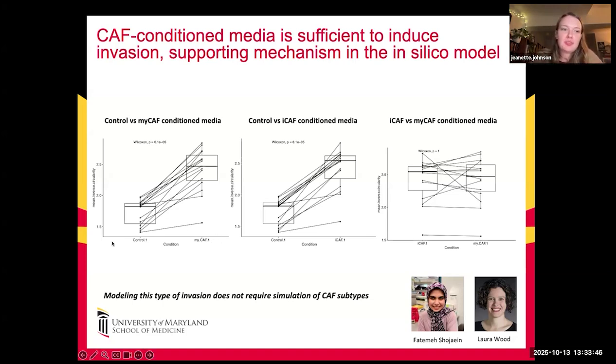Anyway, we found that whether you use the myofibroblastic CAFs or the inflammatory CAFs, MyCAFs or iCAFs, you